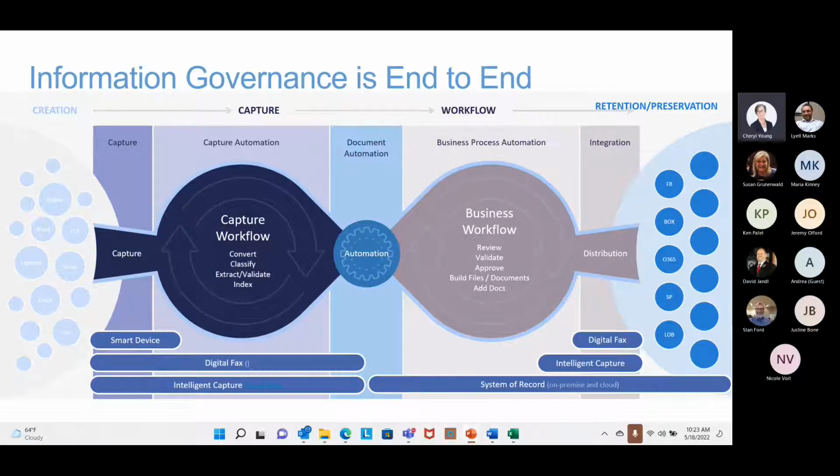So if you take the time and put in the investment to do the indexing up front at the time that it is being captured, it saves you a ton of grief later on when you have to dispose of records according to your retention schedule, because you don't have to open up everything. It's labeled the way you want it to be. And that can all be automated. And then it can feed into the business workflow. So you can get the reviews done electronically, digitally. All that can be tracked. The approvals or the